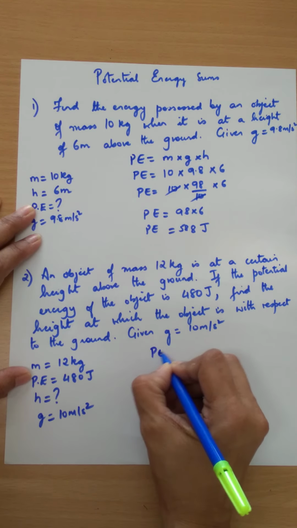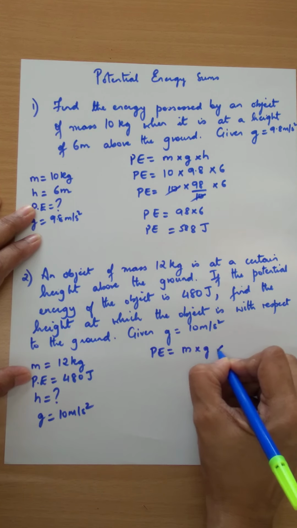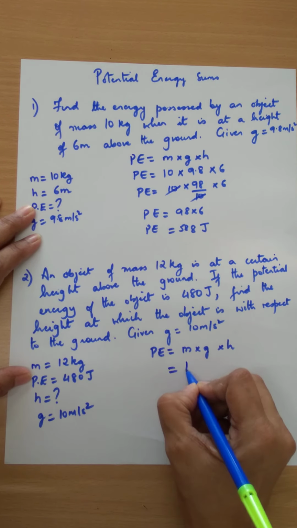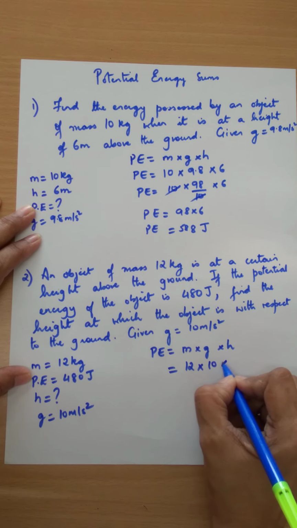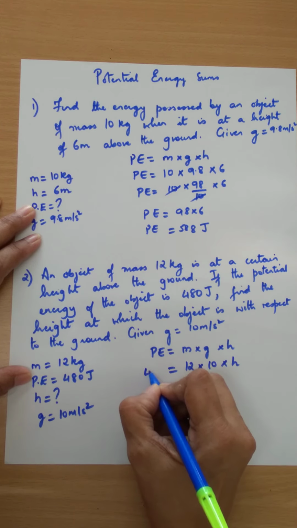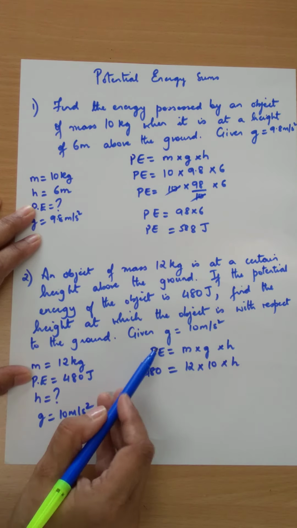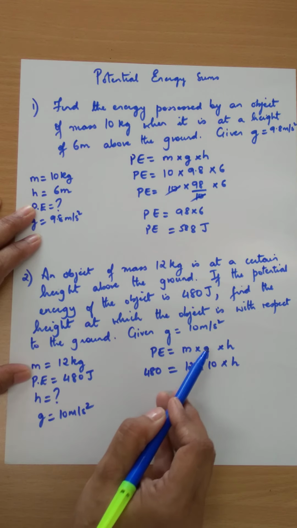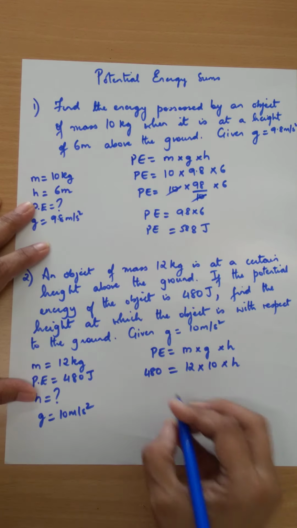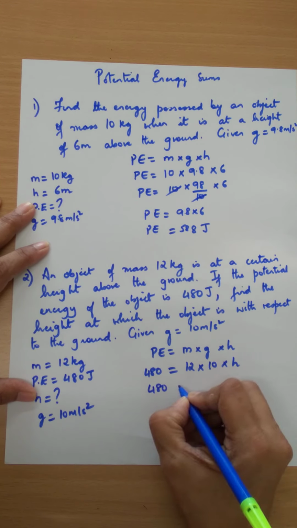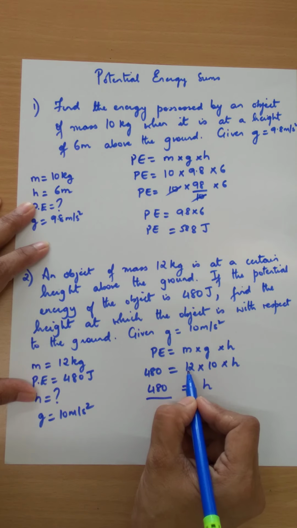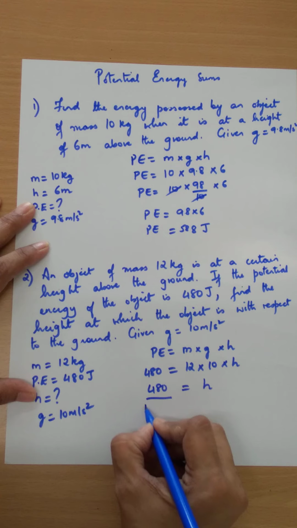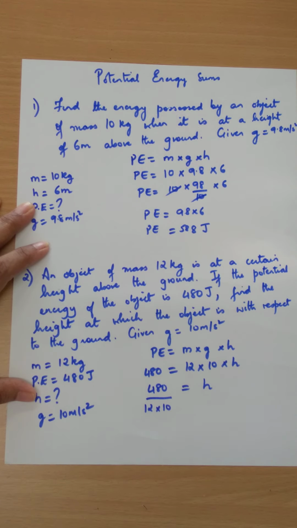So you have potential energy is equal to m multiplied by g multiplied by h. M is 12. G you have to find. No, it's 10, sorry. Height you have to find. And potential energy is 480. Okay, so potential energy is 480, m is 12, g is 10, and h you have to find. So 480 divided by, now what I want you to do is keep h on this side only of the equation. Bring 12 multiplied by 10 on this side, so it goes to the denominator. It gets divided here. So this 10 will cancel with 10.